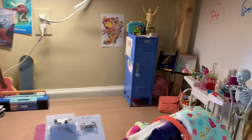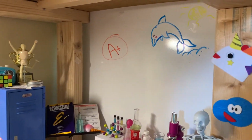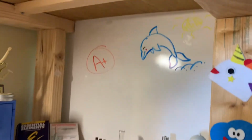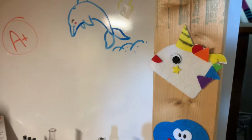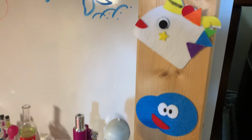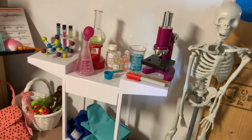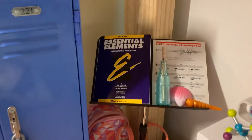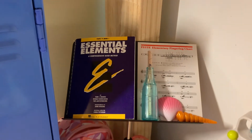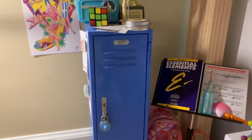So as for this room, it is the break room, as well as Delphine and Courtney's bedroom. Over here is another dry erase board, which I've drawn on a little bit. And then I also have these sticker things, which I really wish I could get off, that I added whenever I was very young. And then also the Our Generation science set, mostly used by my doll Abby. And also the flute stand with some shells on it for Delphine, and some papers, 2 backpacks at the bottom,